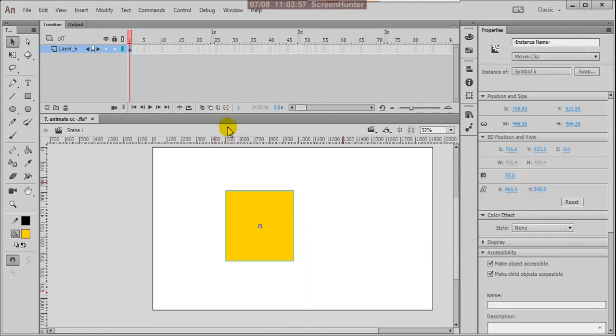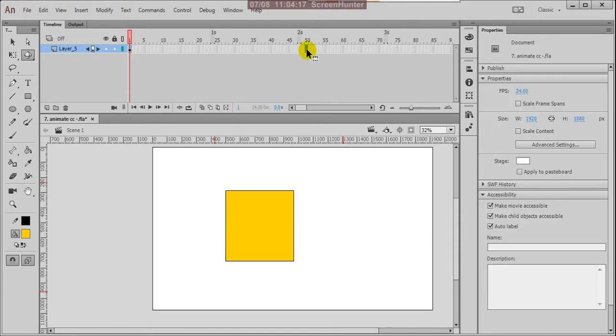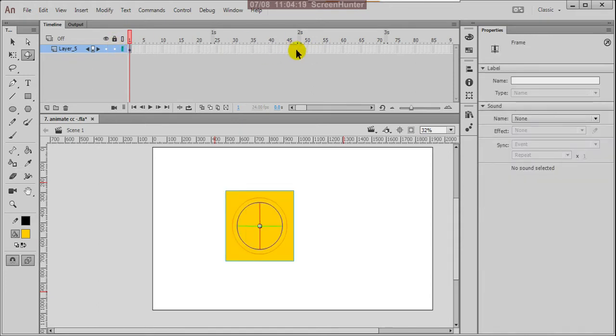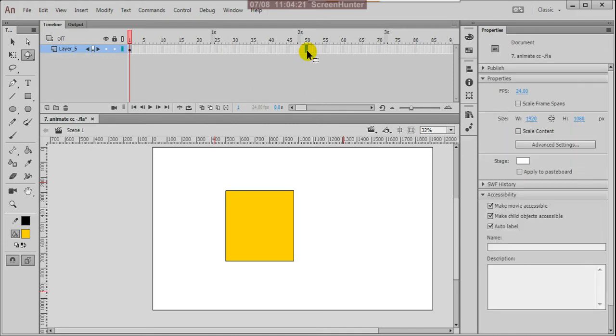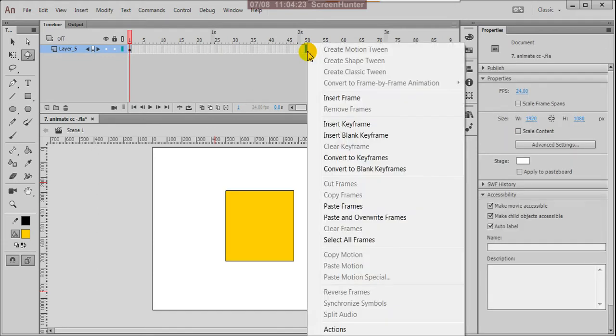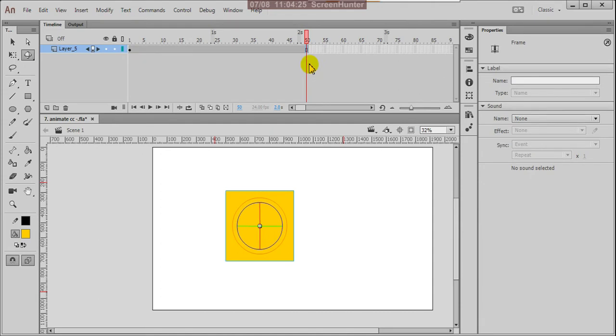Then click on the 3D rotation tool. Now I'm going to do a small animation. I'll explain animation and frames clearly later. Here this is my first frame and this is the 50th frame. Right click, insert frame.